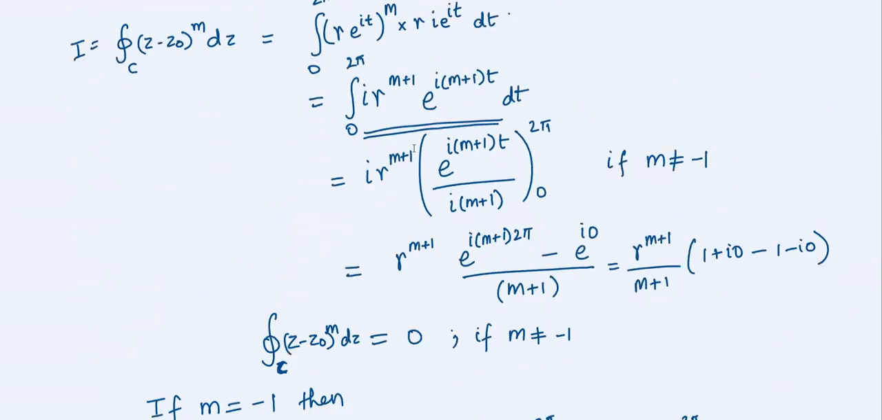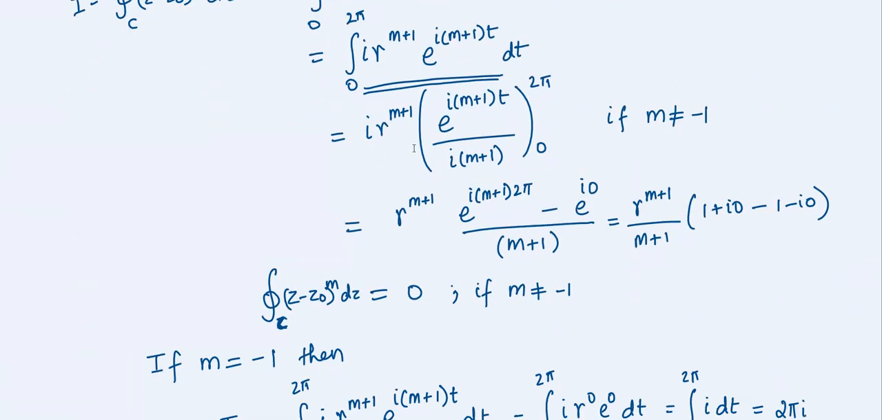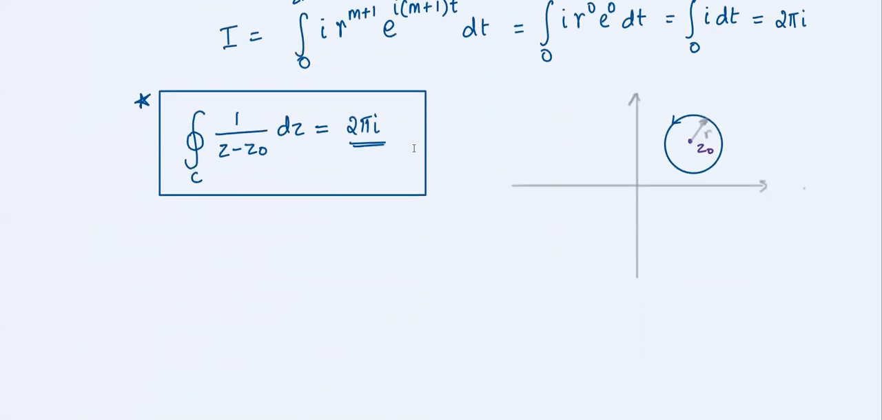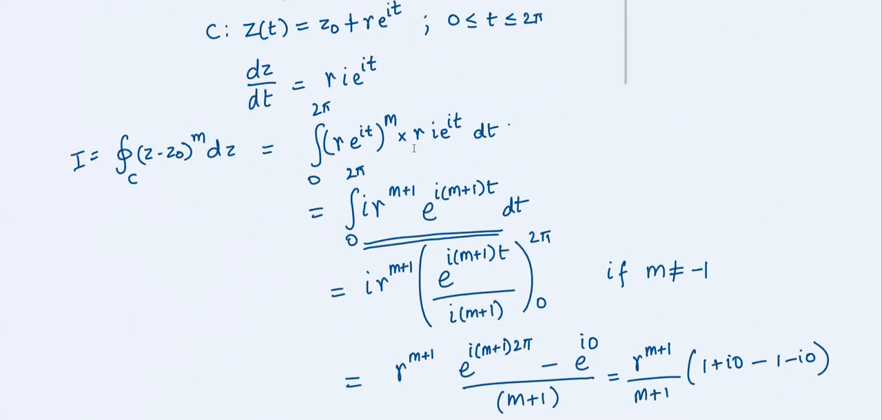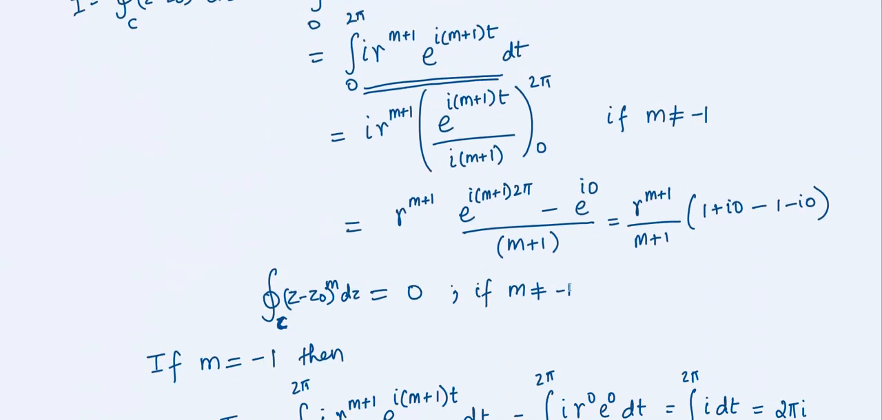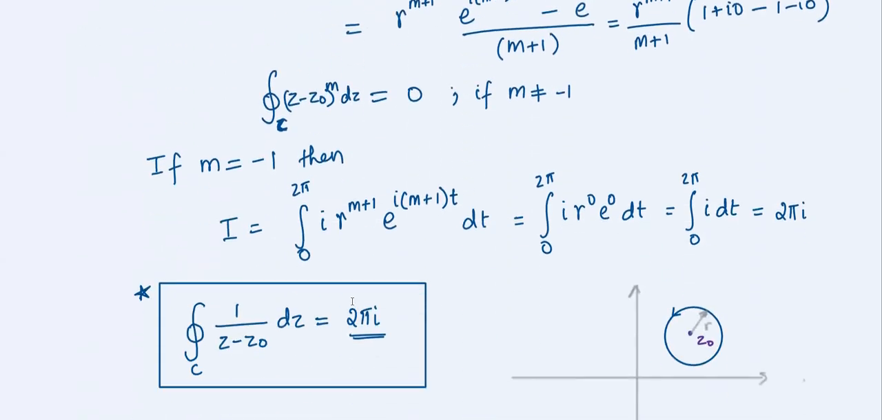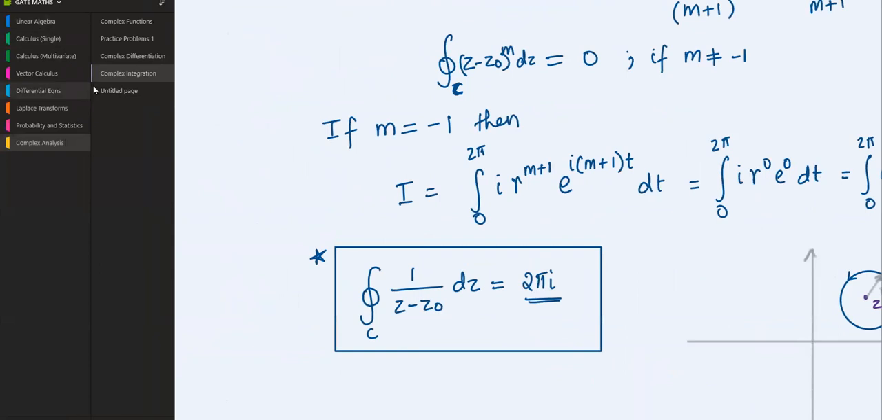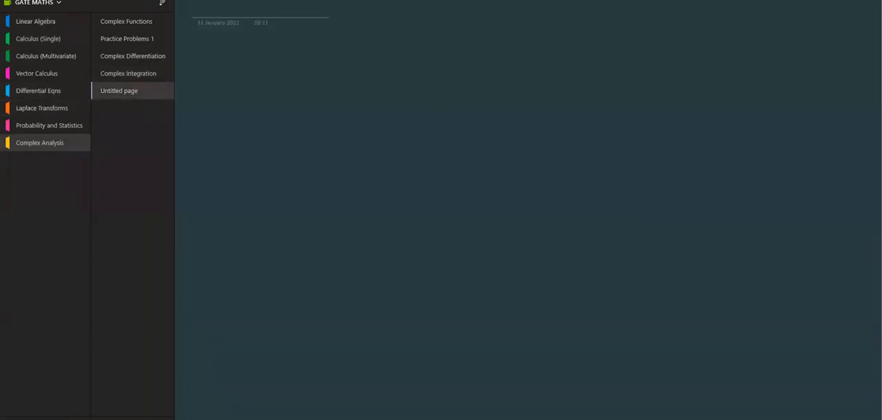So we got this. If m not equal to -1, we get 0. But if m equal to -1, that is this integral, again we get 2 pi i. So these were the two very important integrals. Okay. Now,